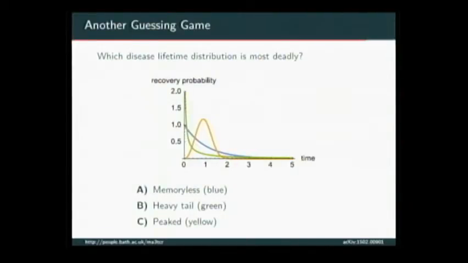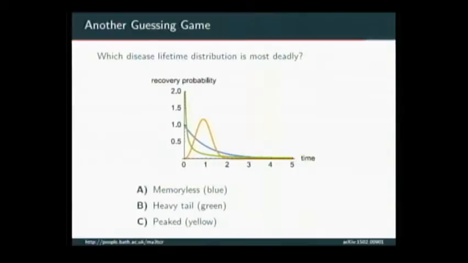So I just told you that for vulnerability, so for my chance of getting sick, all that mattered was this one number, and that the disease lifetime distribution wasn't so important, it was just this one number. Keeping that number fixed, but varying the properties of the disease lifetime distribution, can we say which choice of disease lifetime distribution is most likely to cause an outbreak? So if you were engineering a chemical weapon or something, I could think of a nicer analogy, whatever. What would you choose for the duration of the transmissible period?